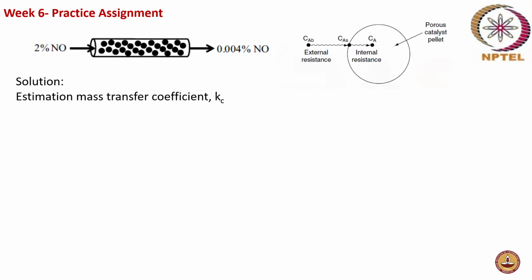So, estimation of mass transfer coefficient Kc. In last week's lecture, two methods for determination of the mass transfer coefficient were discussed. One was the Thoenes-Kramers correlation and the other one was based on the Colburn correlation. Now we are using the Thoenes-Kramers correlation. We can also use the Colburn correlation. However, here we are trying to use the Thoenes-Kramers correlation for determining the